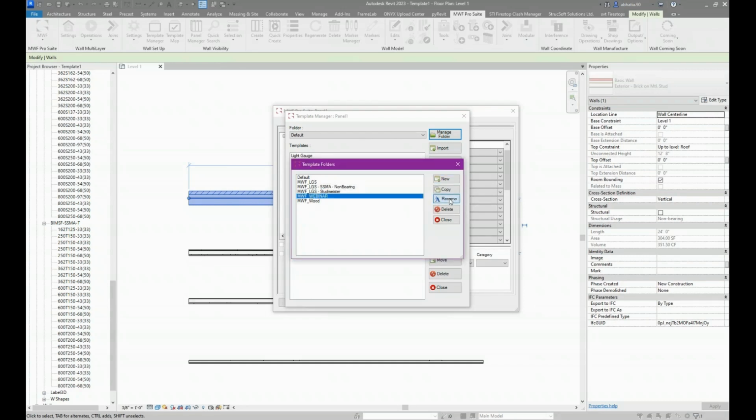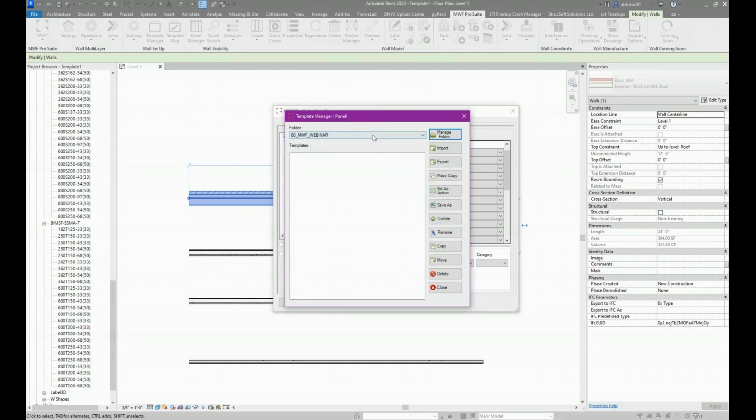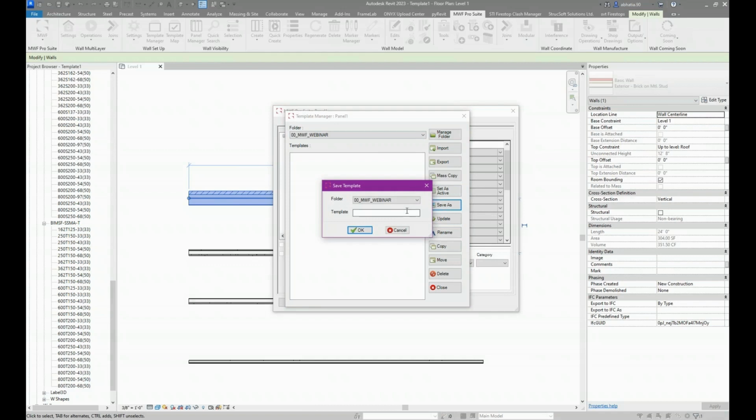Okay. I like to also keep my naming convention zero. I like to have 00 in the front, just so that it's always there. And that's my company's custom templates folder. So I'll close that. And in here, I'm going to basically save as, and then I'm going to just call it